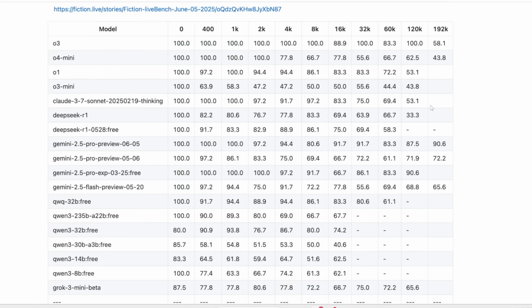And from this leaderboard, you can see that this new version of Gemini 2.5 Pro performs insanely well, way better than the other models like O3 and O4 Mini, which are only correct like 58 or 43% of the time. Gemini 2.5 Pro gets it correct over 90% of the time, even though the input prompt is super long.